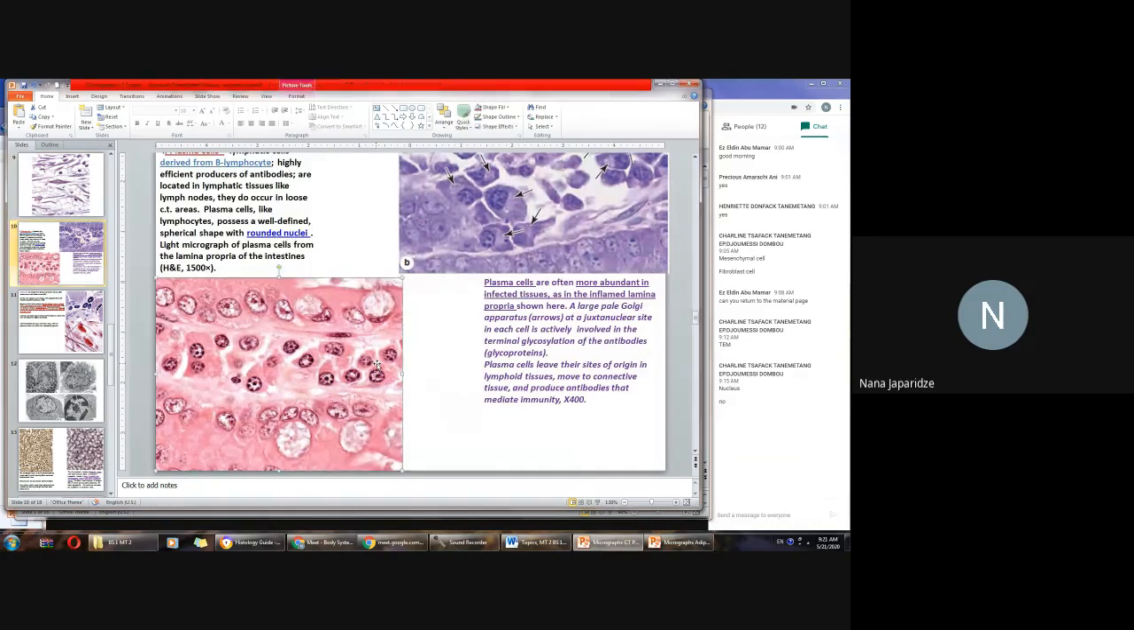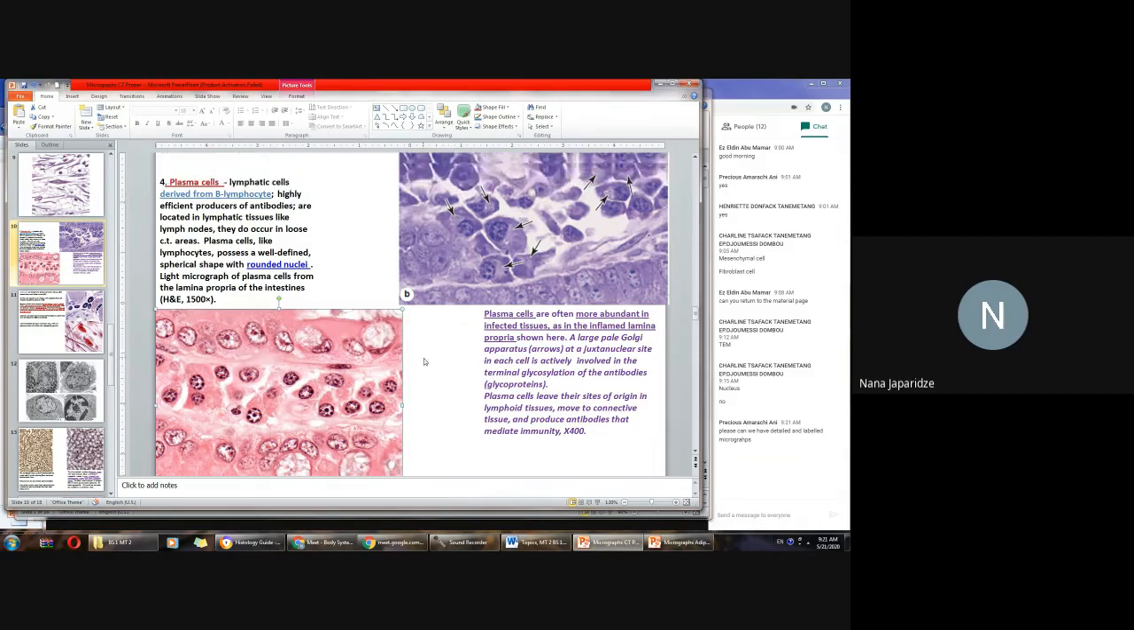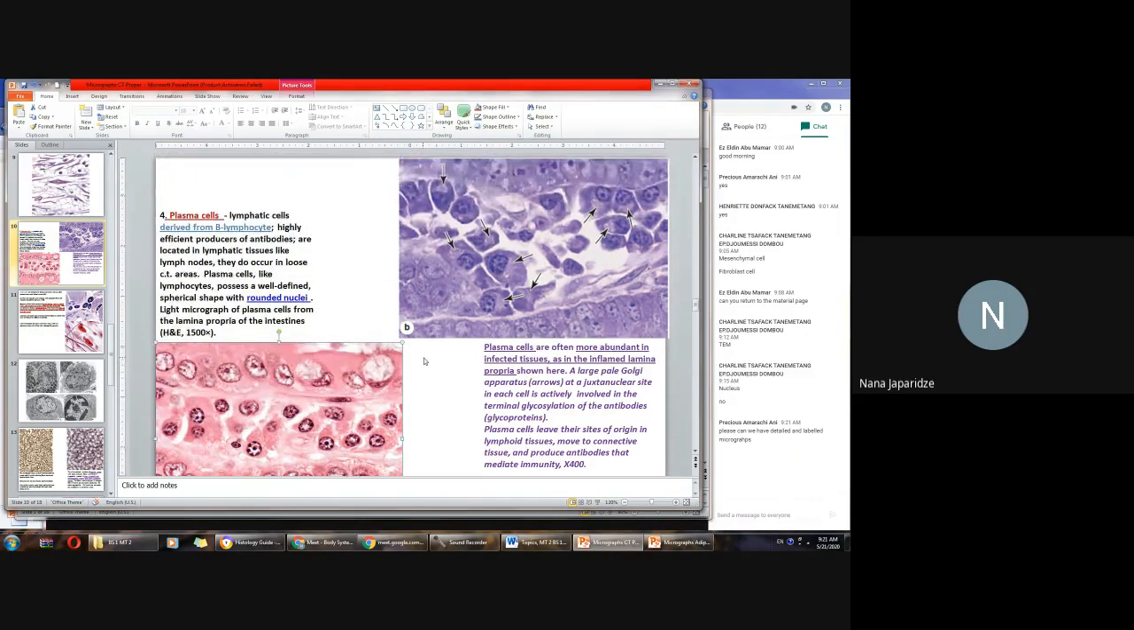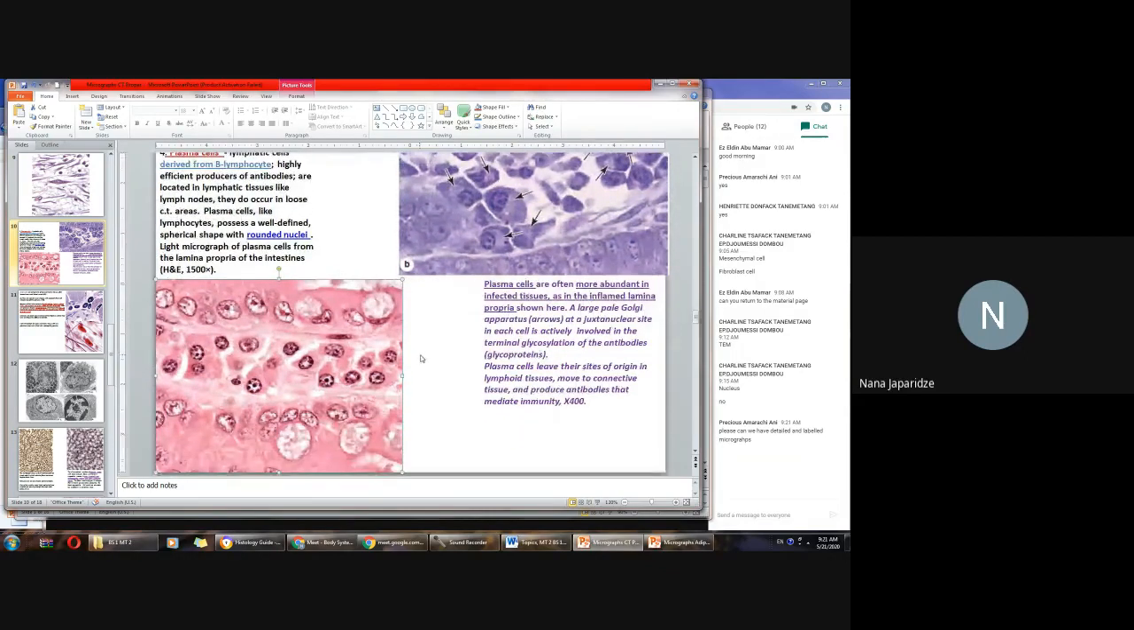What is here on this image? Look, this cell or that one or that one. Plasma cells. Plasma cells. So what type of cells mainly are